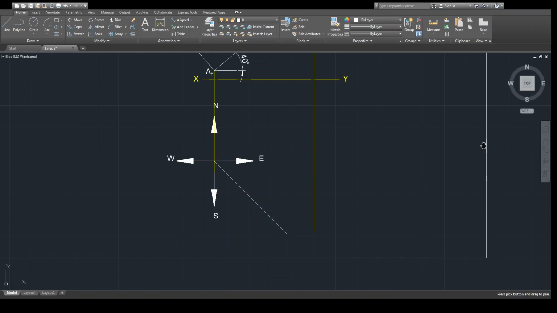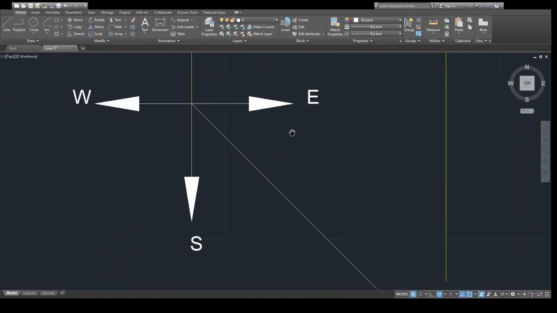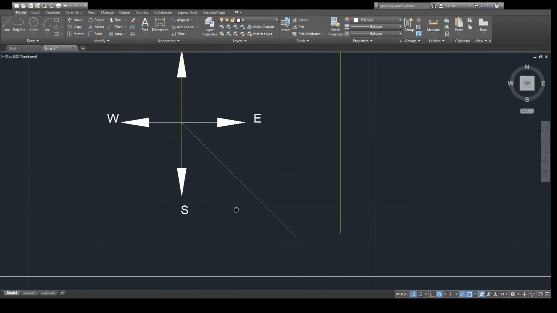Let me cross check. Yes, it looks the same. So I will show you the dimensions.